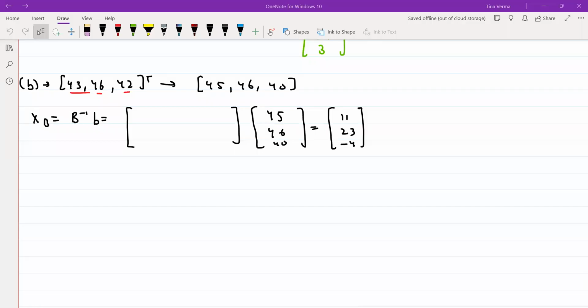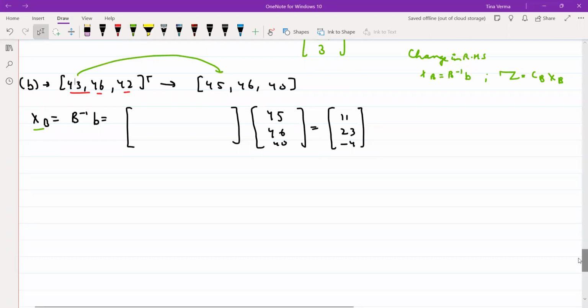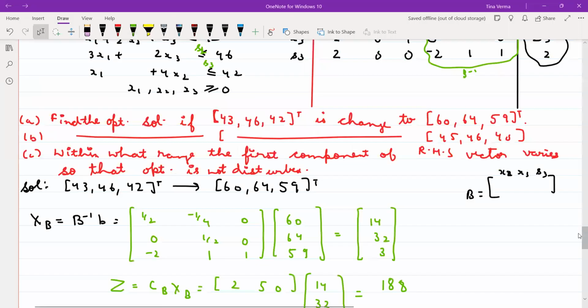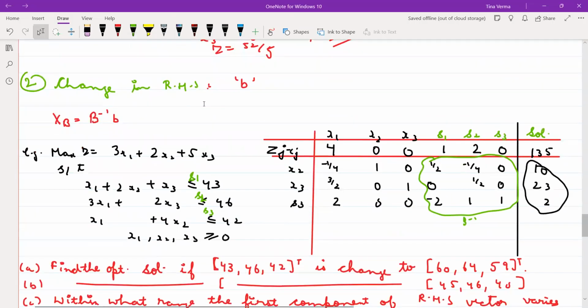So last time we were discussing change in right hand side, right? Change in right hand side. So I have told you that when we are changing the right hand side, we will change only XB, that will be my B inverse B, and obviously your Z will change, that will be your CB into your XB, right? So we have found that in the second part we have given that my right hand side has been changed into this. So we have obtained this solution. So when we will put this right hand side here in the optimal table,